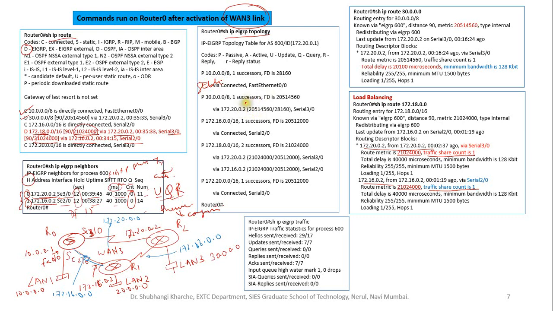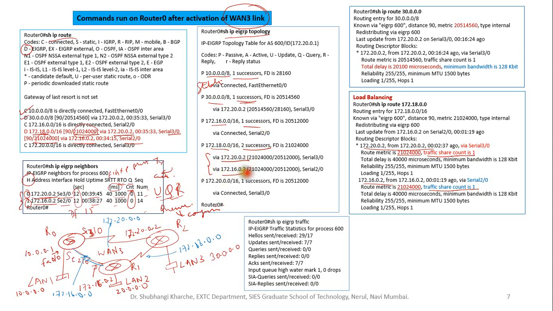S stands for successors. This successors is the number of routes available. The router R0 can reach 10 dot network with a single route which is available. It can reach 30 dot network with a single route. It can reach 170.16 network with a single route. It can reach 170.18 dot network with two routes, two alternate routes, one via